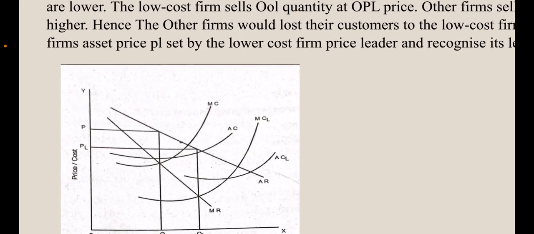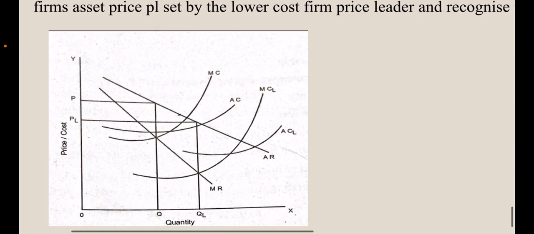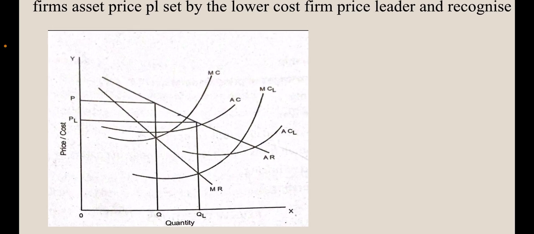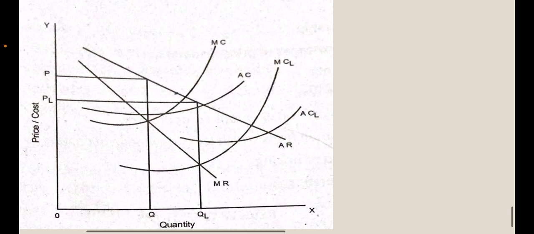Here in this graph we can see the price or cost and the quantity. For this, all the firms have identical revenue curves but different cost curves. We know that different firms have different costs. Economies of scale may lead to the low cost of the firm, and we can see here AR and MR are identical revenue curves of all firms. Here ACL and MCL are the cost curves of the low cost firm. So its costs are lower. You can understand it is going down, so its cost is getting lower.